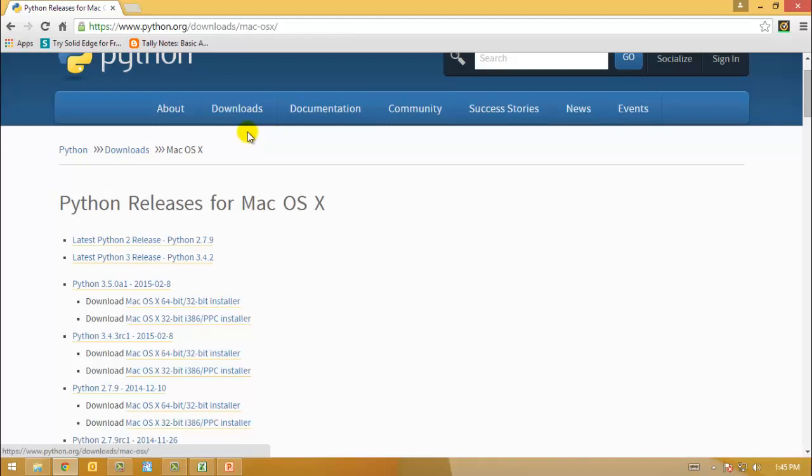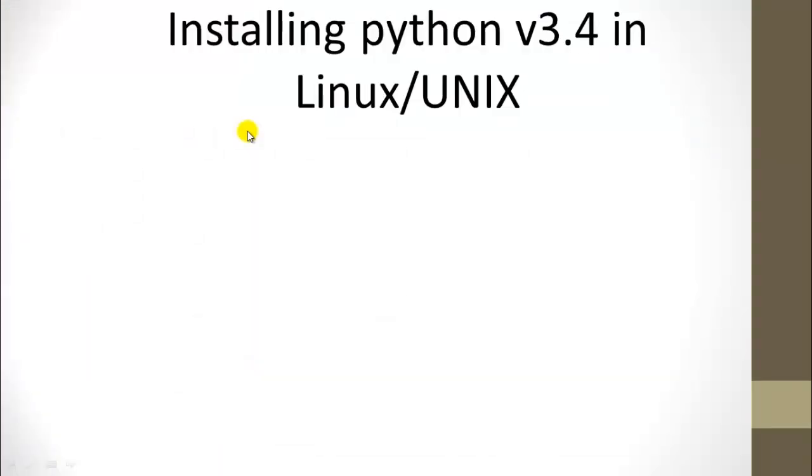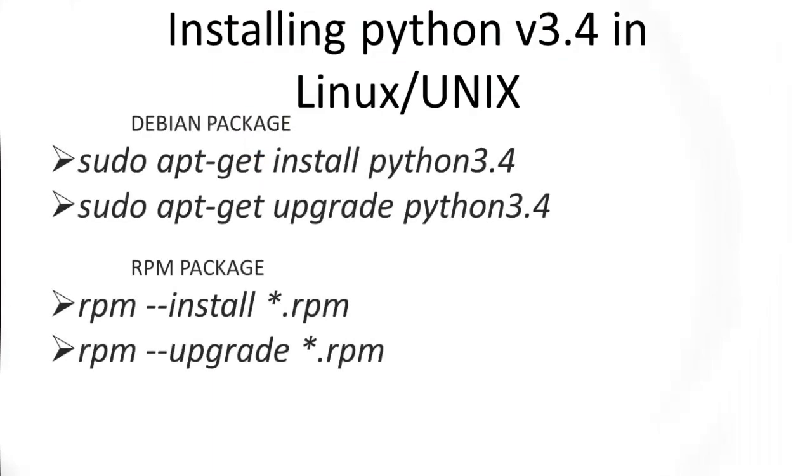If you're using Debian in Linux, then you need to write apt, that's application -get install. Let me show that for you. If you have a Debian package, and you're using any other Linux package other than Kali Linux, then you need to put this in your terminal: sudo apt-get install python 3.4. This will get you the Python application in your environment.